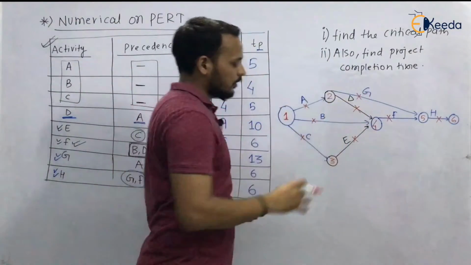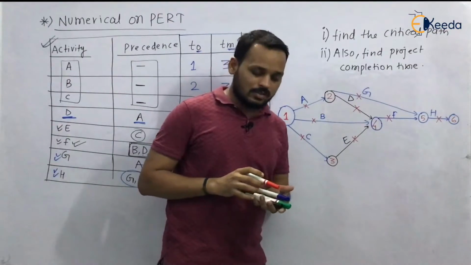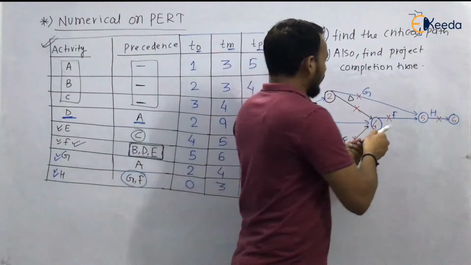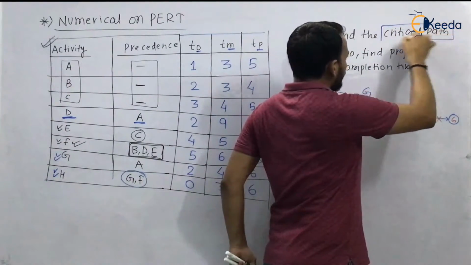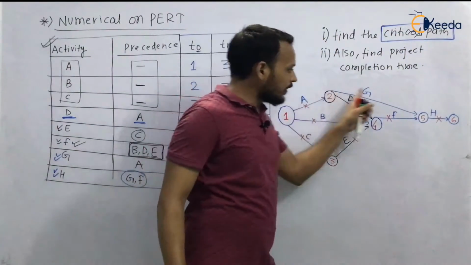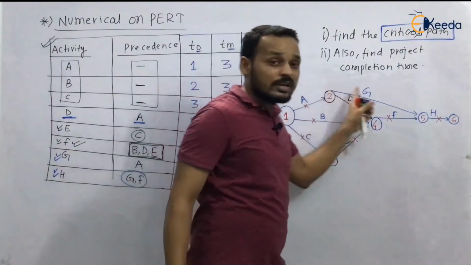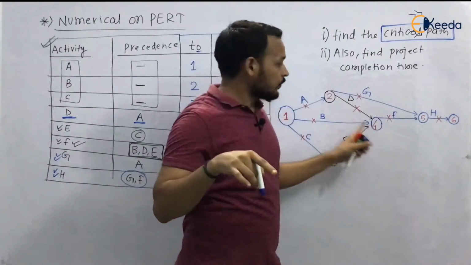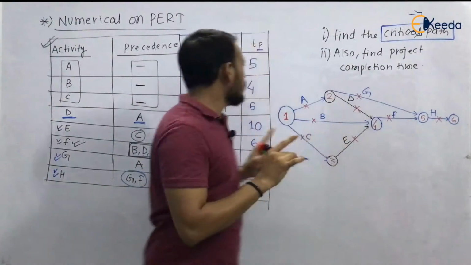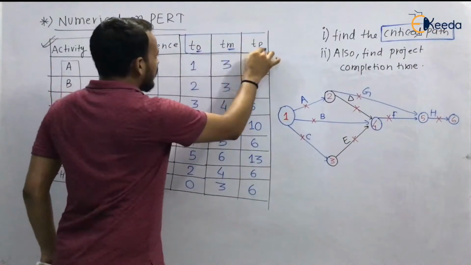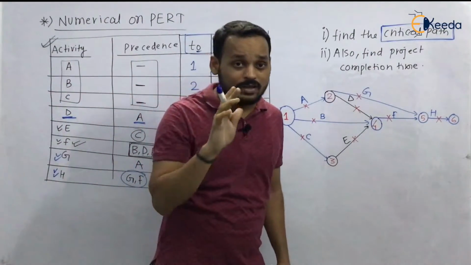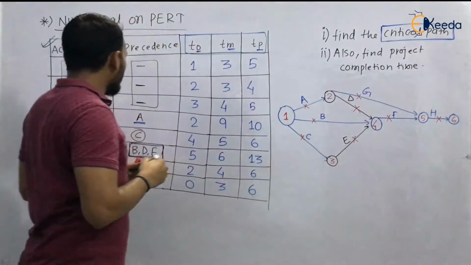So you have also named the different nodes with the help of Fulkerson's rule. Since you have to find the critical path, you have to look at the project completion time, and for that you have to find the activity completion time, because in this question 3 times are given and you have to convert these 3 times into a single time estimate, so you have to make a table.